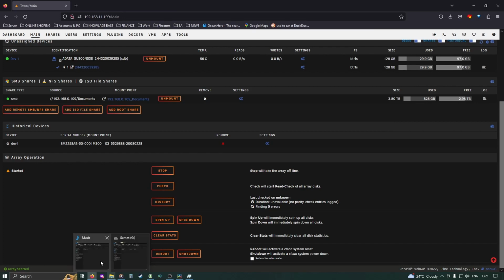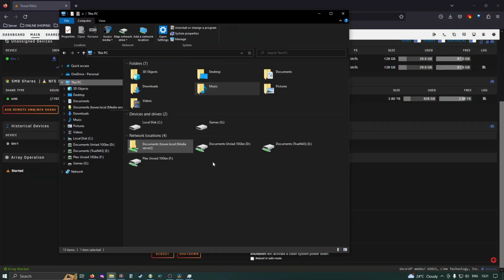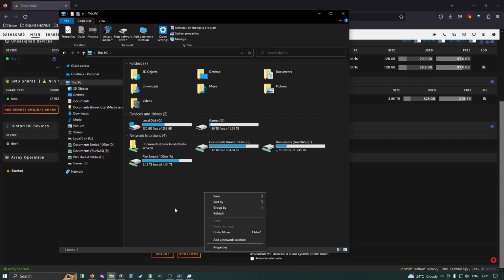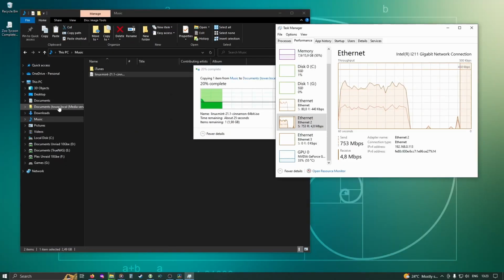And once you go into File Explorer, then you can go over to this PC and you'll want to go new, or at least click up here and click Map Network Drive. You can do the same as a folder, but I prefer to map them as network drives. Select your drive letter, and then you'll want to type in the IP address of your Unraid server. So remember, I typed in 11.199 or 199, and I have that for my media folder. See, this one is set to just use tower.local, the default name, and you can see here